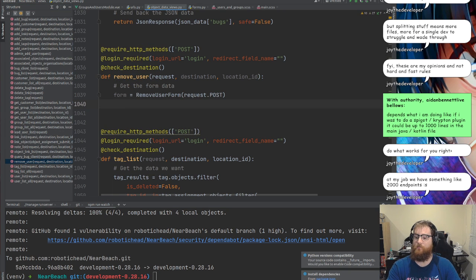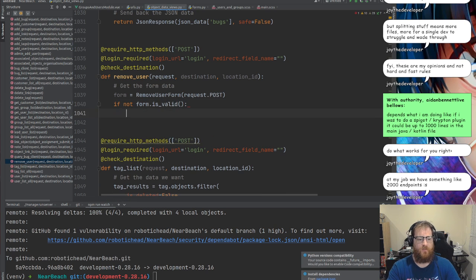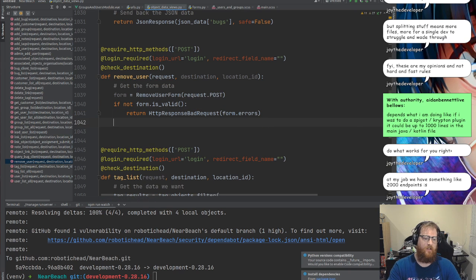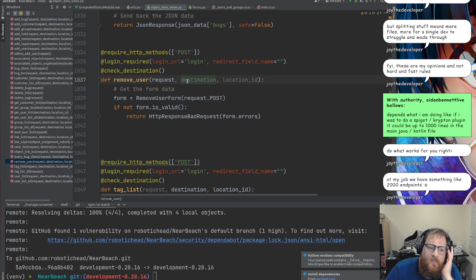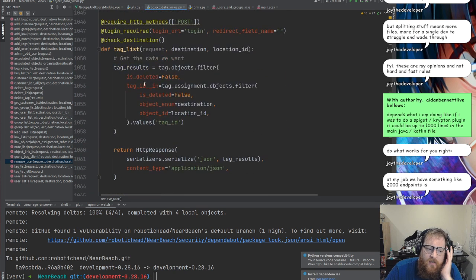Alright, so we've got to make sure the form is validated. So if not form.is_valid, return HttpResponseBadRequest form.errors. Alright, cool. That just sends back the errors. So we've just done that. Next thing is we've got a location, we've got a destination ID. I do know that I will eventually fix these up. So let's have a look at the